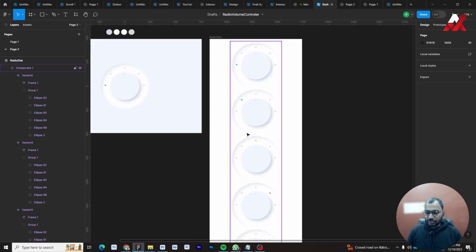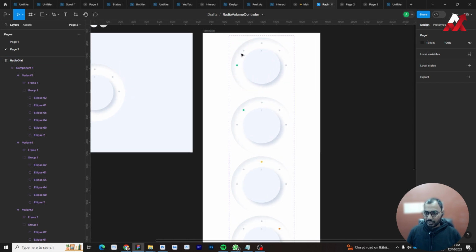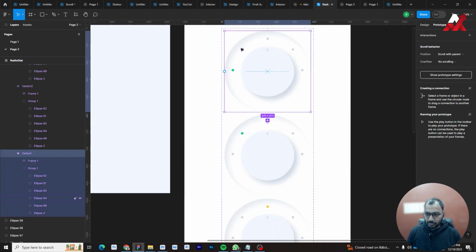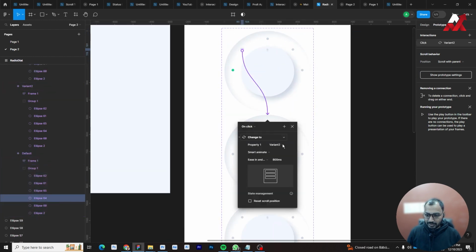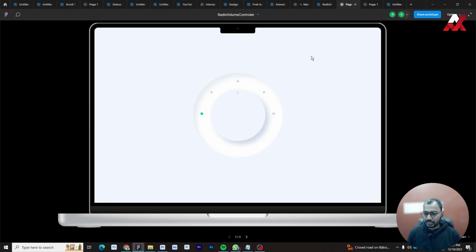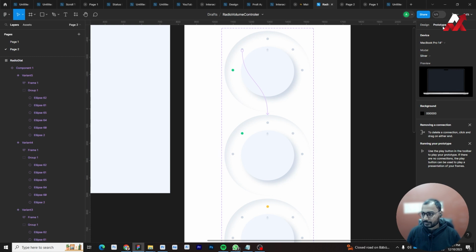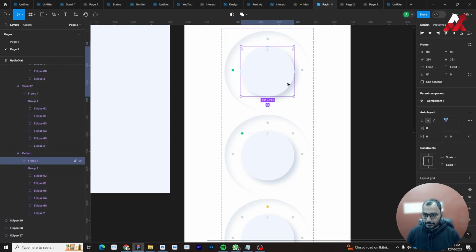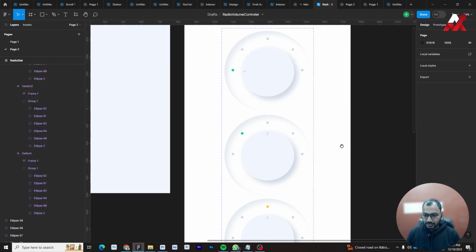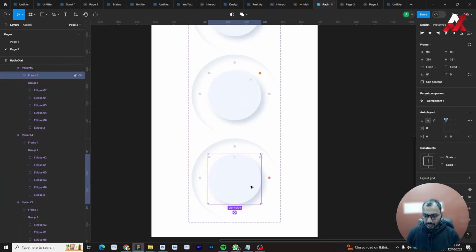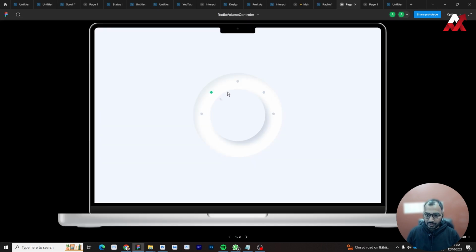Okay guys, so what you need to do now is you simply have to connect all these dots that you have made. So what I will do, I will simply choose this and I will bring it here. It will be on click, smart animate, easy in and out, and then 800, okay. Just to test it, if I click here, oops, so we will do it like this. Okay, now if you click here,